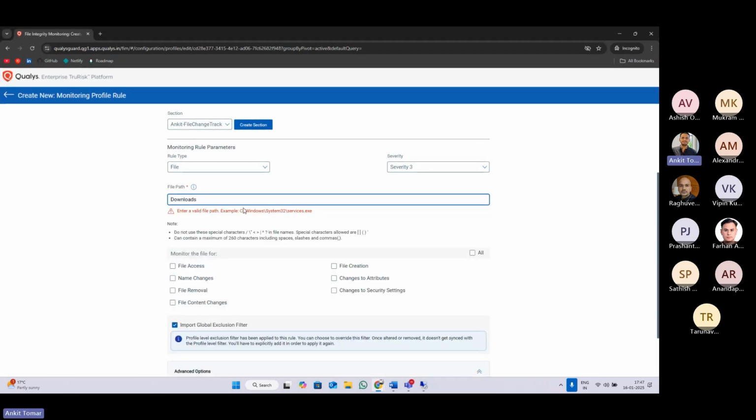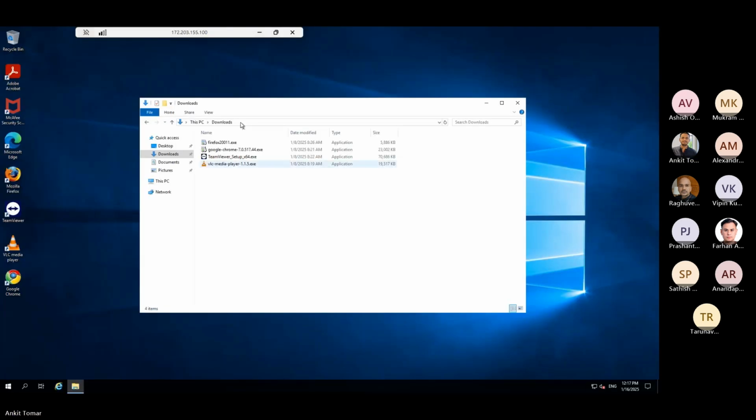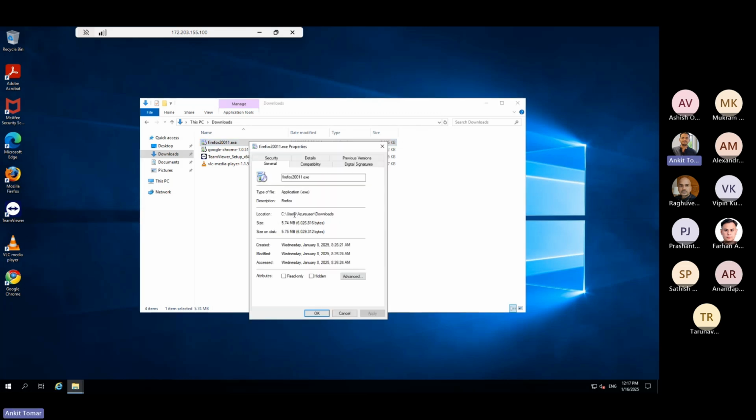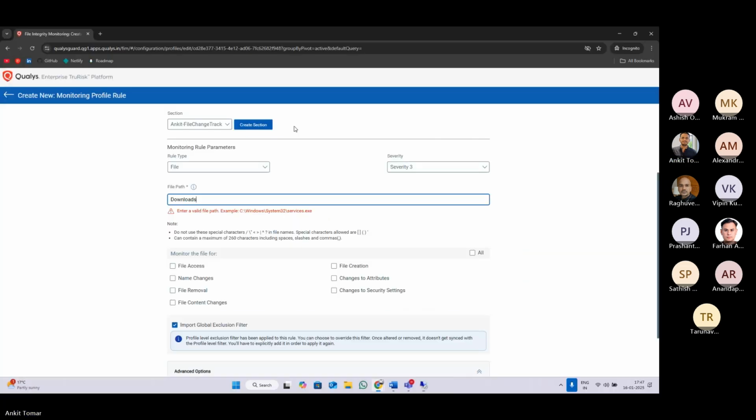Okay, so it's not taking the path like this. What you need to do is click on properties. Here you will find the entire path and location. See, Users, Azure user, Downloads. Copy the entire path. After this, just add the backward slash and add the file name. If the copy as path option is available, then just use copy as path. So I'm copying this, going back,